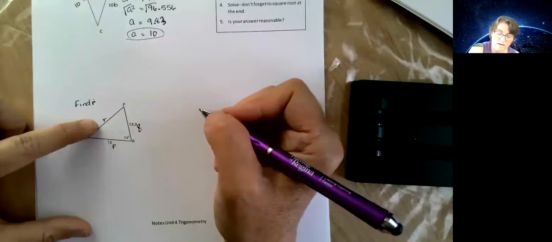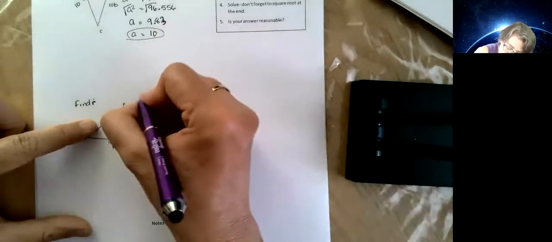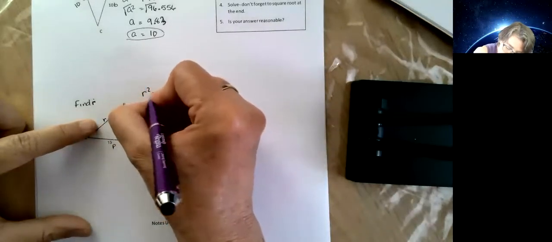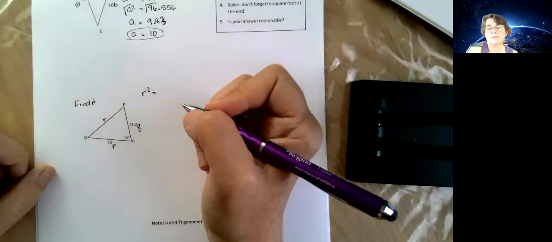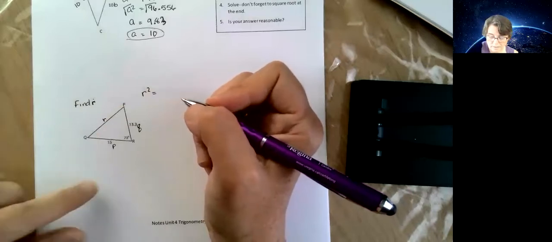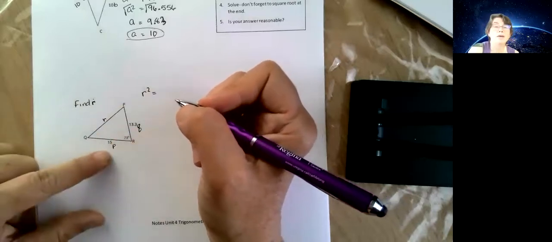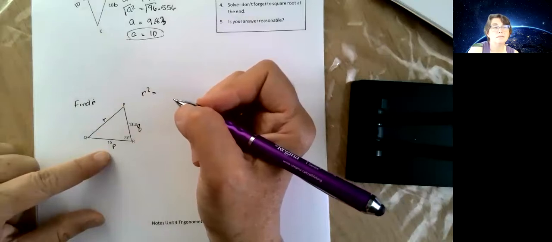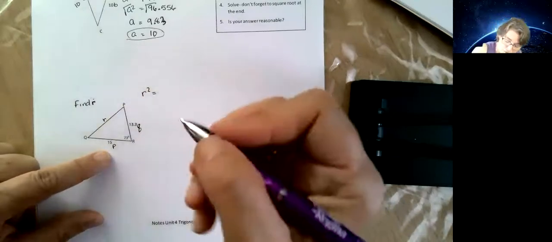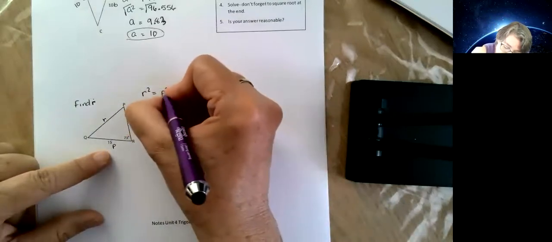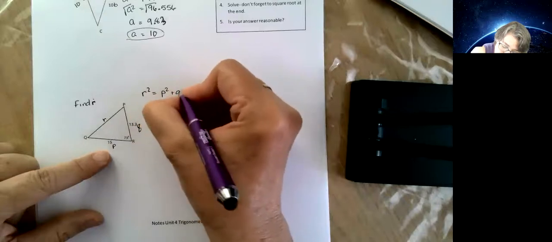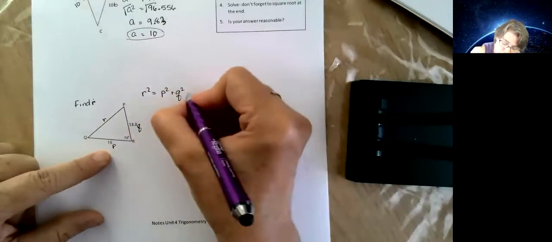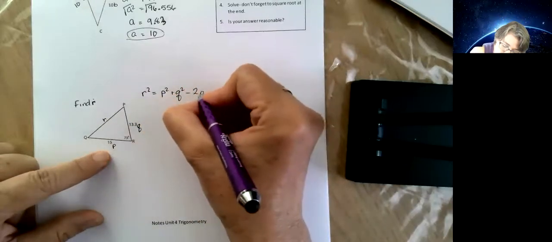So we're looking for little r, so that means my formula needs to start with r squared. Now, don't put a squared and b squared. It doesn't make any sense. What are my other two letters? I got p and q. Alphabetically, I know p comes first. P squared plus q squared minus 2pq